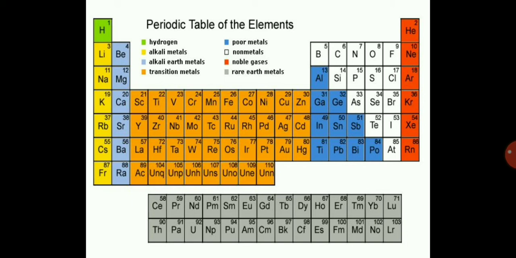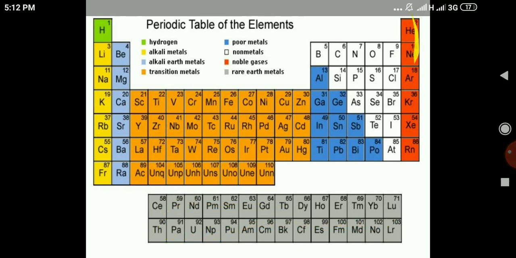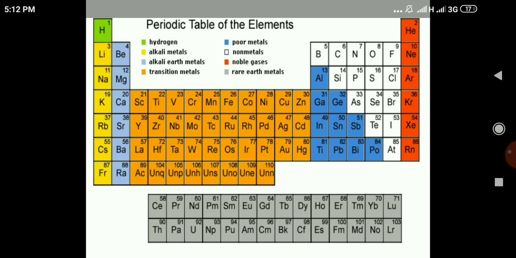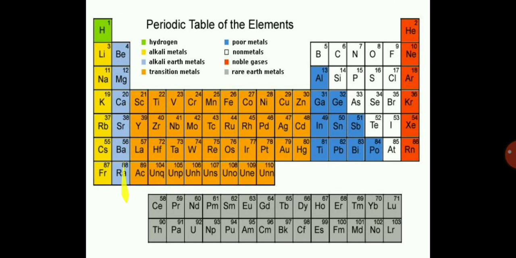In the previous video we have seen the modern periodic table of elements. You can see the picture over here. We have discussed the alkali metals, alkaline earth metals, transition metals, inner transition metals, the lanthanide series, actinide series. See, these are the lanthanide and actinide series. These were the inert gases. Then these were the alkali metals, these were the alkaline earth metals. Then fluorine, chlorine, bromine, these were the halogens.